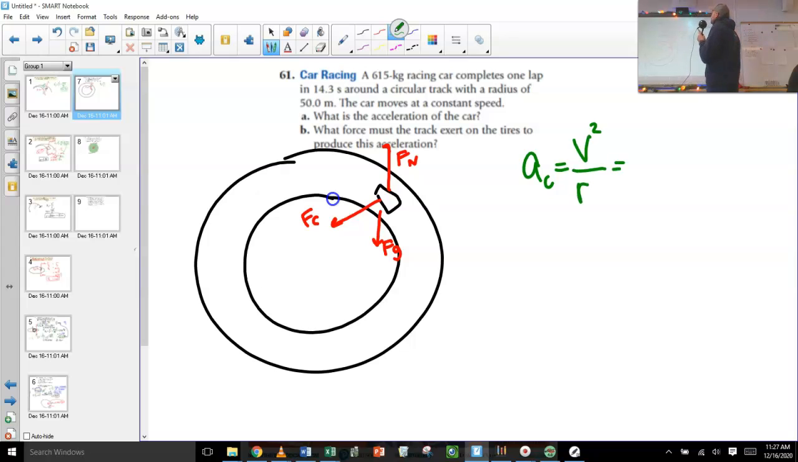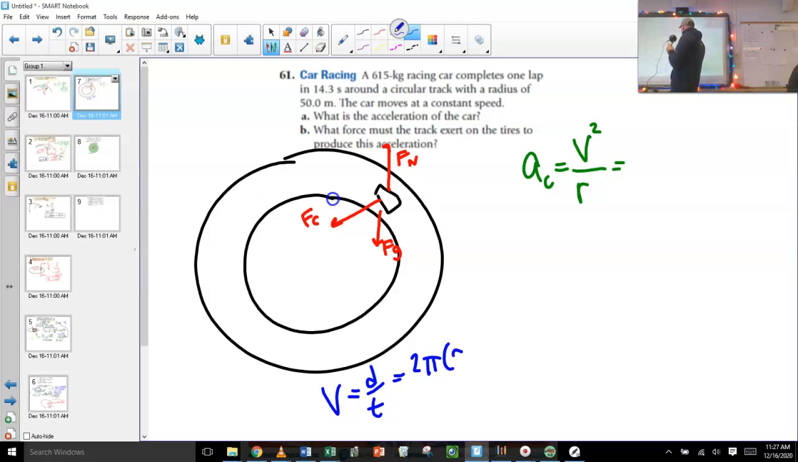So, my velocity, boy, that's going to be tricky. It's going to be my distance over my time, which in this case, since it's circular, is 2 pi times the radius, 2 pi times 50, over the time it takes, 14.3 seconds. So when you do this, that turns out to be